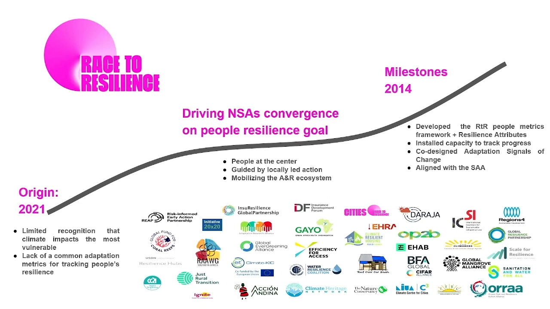So the Race to Resilience partnered with CR2 to bring together how can we better aggregate the work of all of these different non-state actors and identify the opportunity to connect those actions that are happening on the ground with the impact on people. And if we clearly bring that collective ambition, collective goal, we can as well have an opportunity to not only aggregate but also bring together those lessons learned and inform future opportunities that can be critical, especially in the context